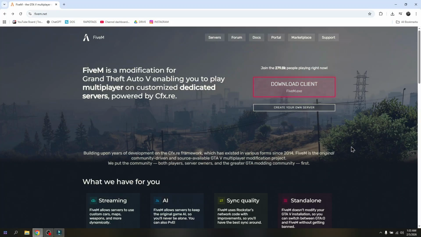How to play FiveM with GTA 5 Enhanced. Now in this video, this is going to be quick. I'm going to teach you how you can play FiveM on GTA 5 Enhanced. Now once you already have Grand Theft Auto 5 installed on your PC, all you have to do is